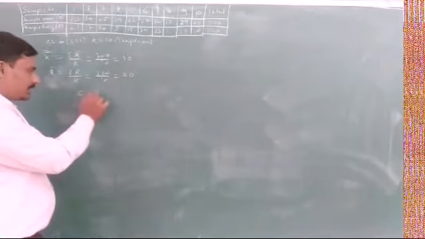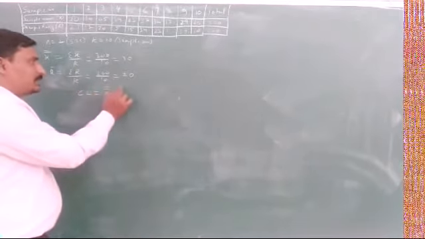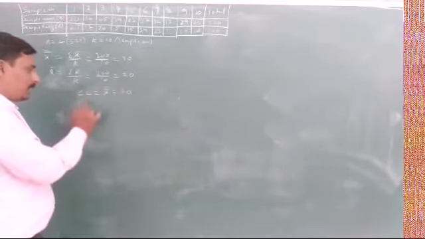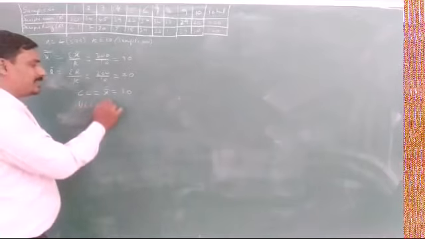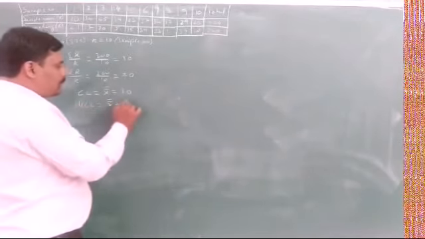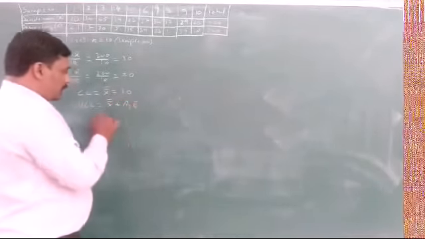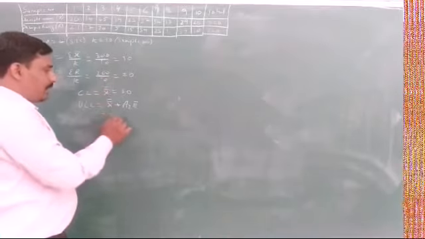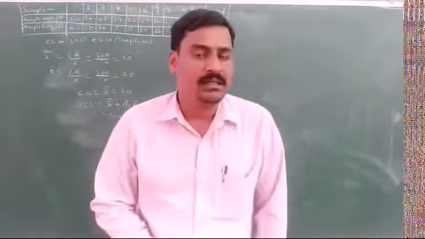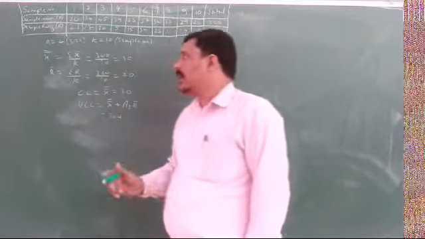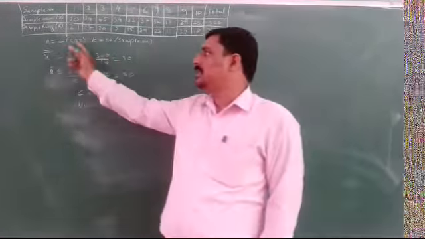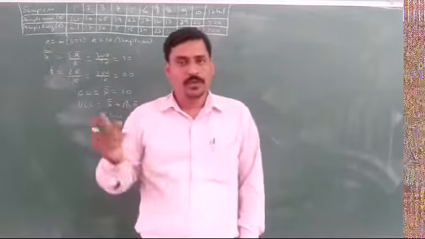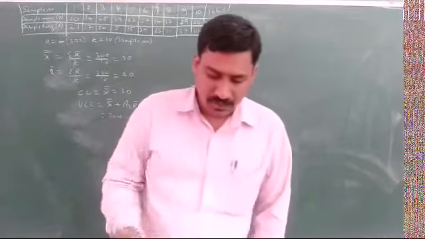So first we need to find what here? Central line. The central line is X double bar itself, that is 30. And the upper control limit is equal to X double bar plus A2 R bar. So X double bar is 30 plus A2 value. The A2 value is a table value which is taken from the table and it varies based on the sample size here. Sample size is 4. For sample size 4, the A2 value from the table is 0.729.